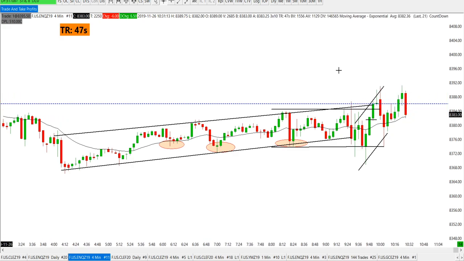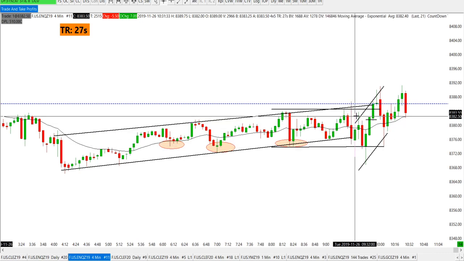But people don't understand price actually controls the indicator. The reason why you see those squiggly lines on your RSI is because of price. So I'd rather look at price than a magic indicator. But anyway, we had resistance right here. We had support, so I did a quick scalp off that.